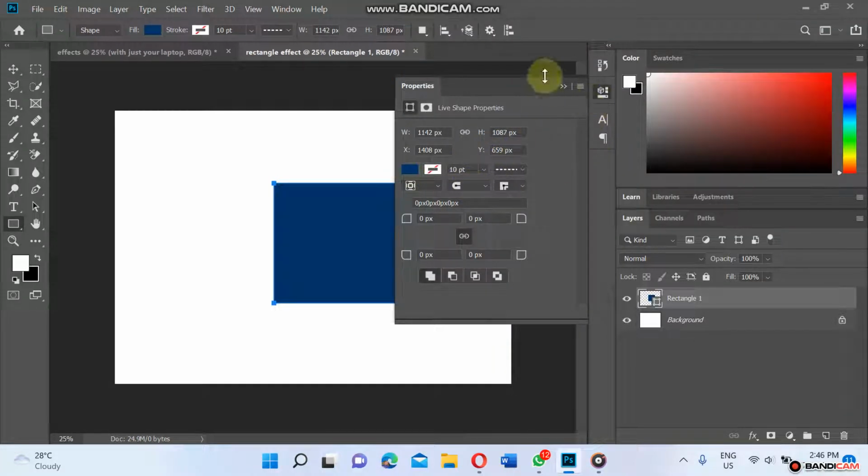Once you draw the rectangle, a pop-up menu will appear. Okay, so the last part of the assignment is going to be based on this part. Now,